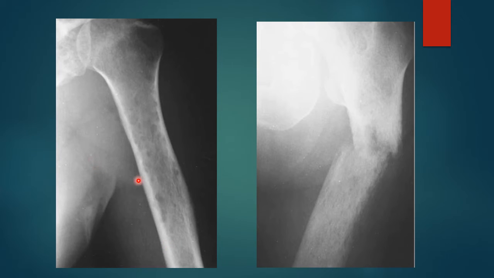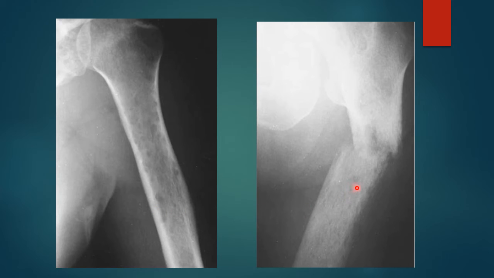So here is an X-ray image where we see a patient who presented with localized pain. Here on an X-ray, the patient presented with multiple tiny permeative bony lytic destructions predominantly involving the medullary region of the bone and the diaphysis of the long tubular bone, which on biopsy was seen to be a non-Hodgkin's lymphoma.